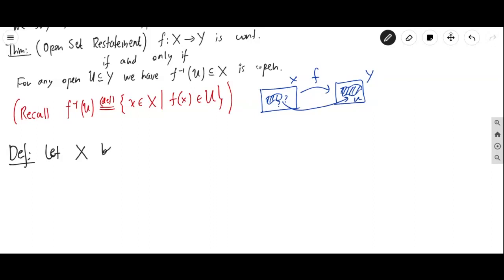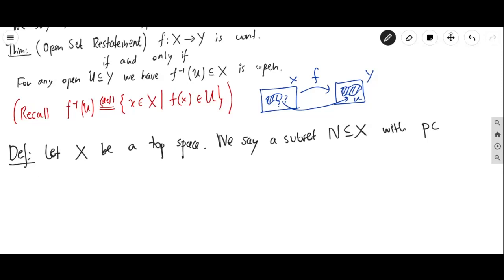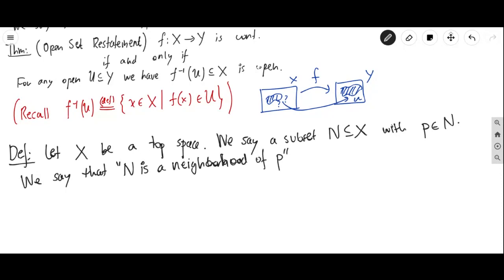So let X be a topological space. We say a subset, let's call it N, a subset of X with N containing P. So we have a point. The point is in some set, and this is some subset of X. So we say that N is a neighborhood of P if and only if, because this is a definition,